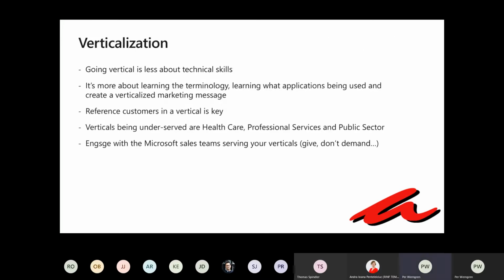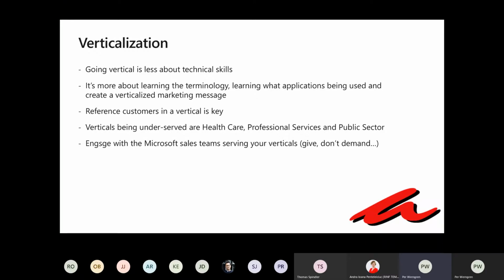Verticalization. This goes hand in hand with all the previous slides. When you want to discover higher margins, going vertical is always part of the solution. If you develop knowledge in certain applications, you'll probably discover that a bunch of these applications are in the same vertical.